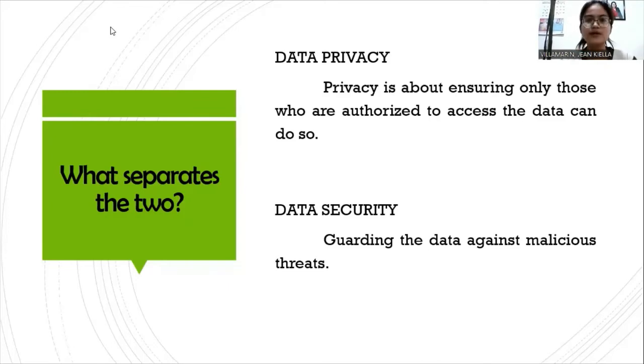That's a term. So in data privacy, because we have the law, which is the Data Privacy Act, when you make sure that only the people whom you allowed to access your data are the only people accessing it, then that's fine. But if you knew that there are people accessing your data whom you did not authorize, then that is punishable by the law.